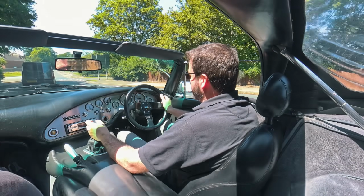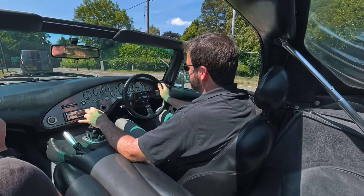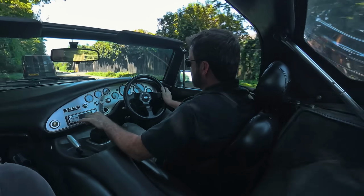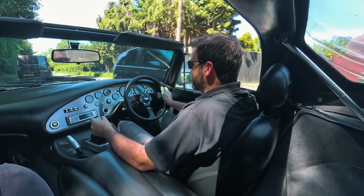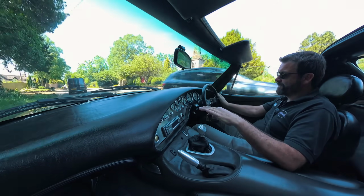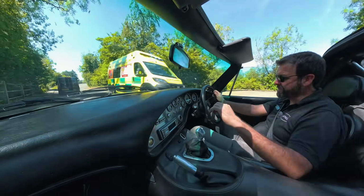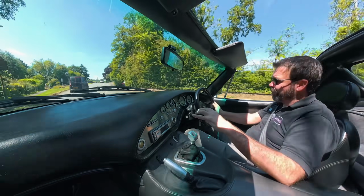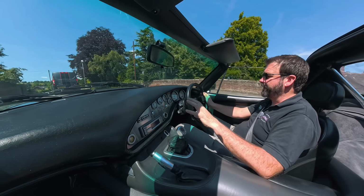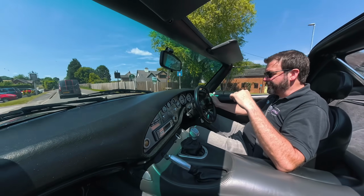So for those of you who don't know, the Griffith SE was a last production run of 100 cars that TVR did. They'd actually stopped production of the Griffith, and they were making Tuscans and Chimaeras, and they must have had quite a few body shells left, so they decided to do a short production run. They were building these in 2001, 2002. This is a 2002 car, and at the same time they were building the early Tuscans. And they were all numbered. They're all slight variances from an original Griff. So they had the bigger 7-inch headlamps, the Corrado mirrors, and as I was saying earlier, the different tail lamp